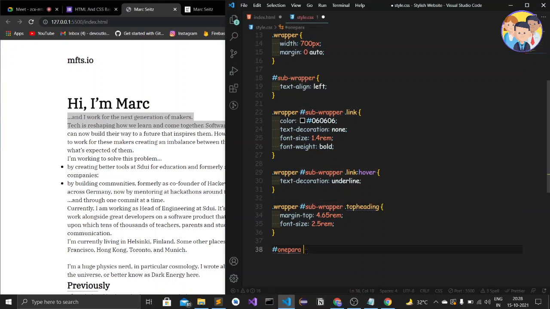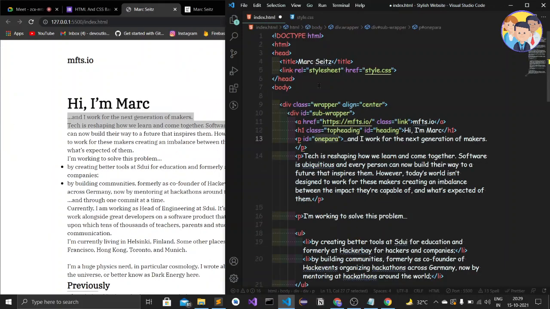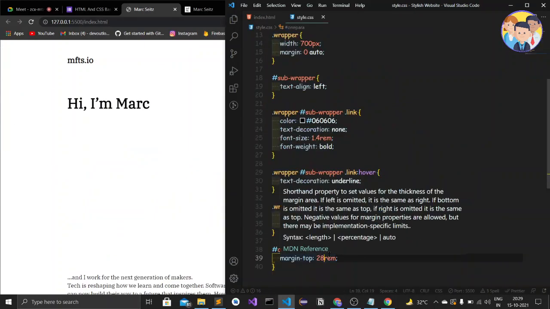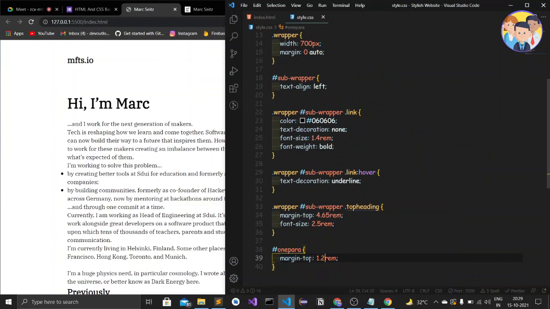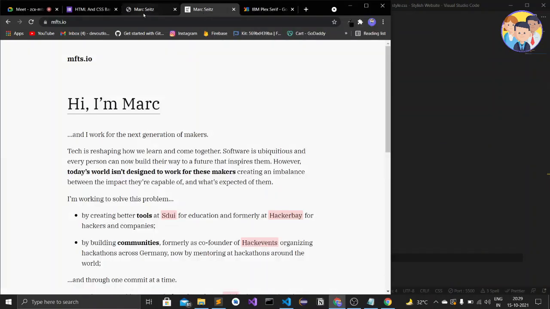Let's go in this, and I'll give the margin top as 1.2 rem. Let's try this. Okay, let's give 2 rem. Why is it not coming? Okay, I have not saved this. 1.2. Let's see by comparing it.